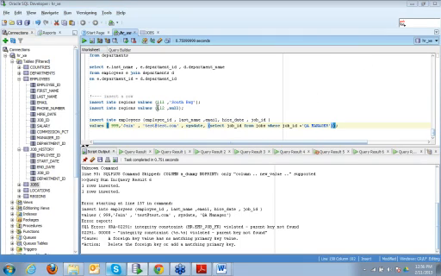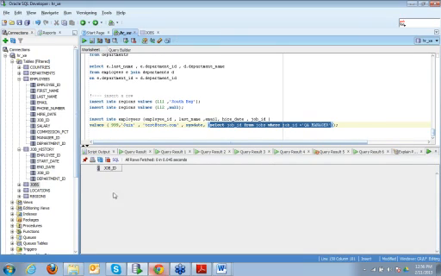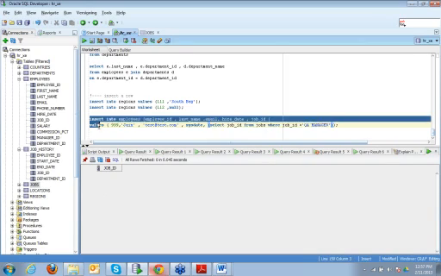Right? So we have to ensure that whenever we are inserting a row, it does not violate any of the constraints. So we already created one constraint, job K, which is a foreign key constraint, that this particular column is dependent on the primary key of jobs. So here, let's run this particular subquery. This is basically giving me null. So when I run this query now, let's run this.